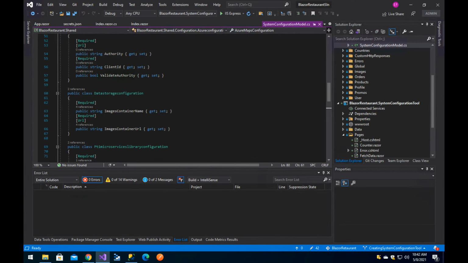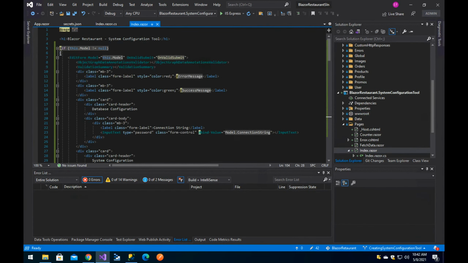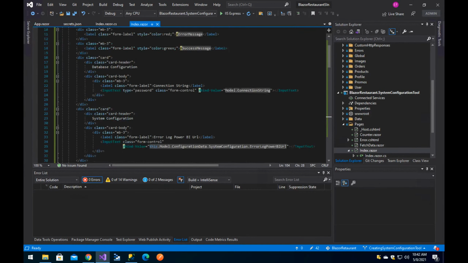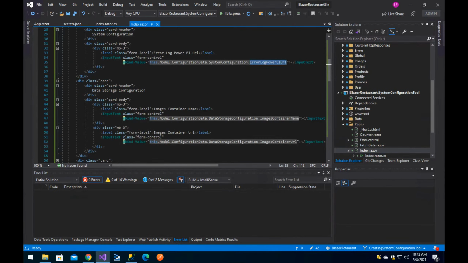Let's comment the data storage configuration. Actually, let's just check the whole form. Let's see, model connection string, system configuration, error log, Power BI URL, data storage configuration, training name, URL,